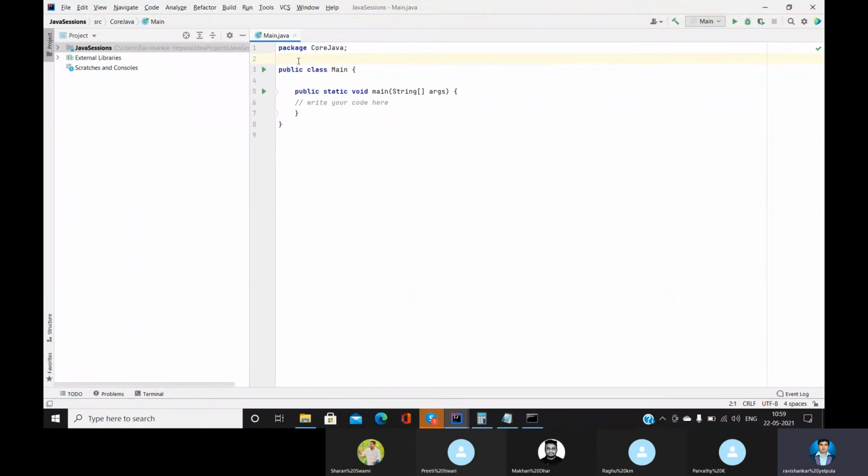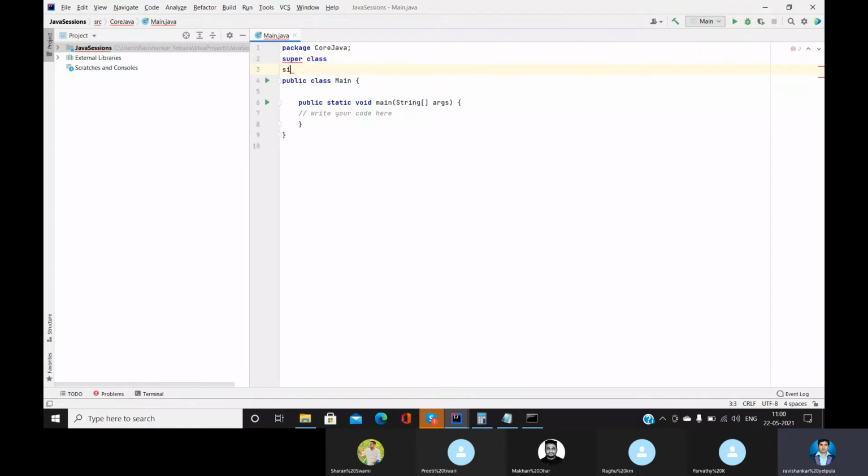Same like that, here we will be having two classes. One is called the super class, which is also called the parent class, and the second is the subclass.